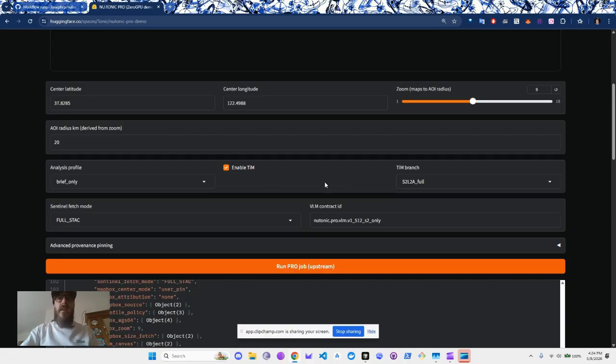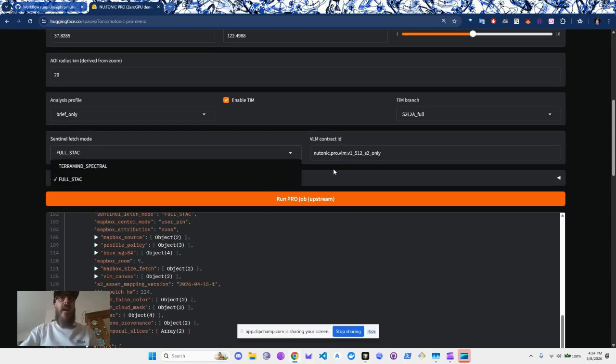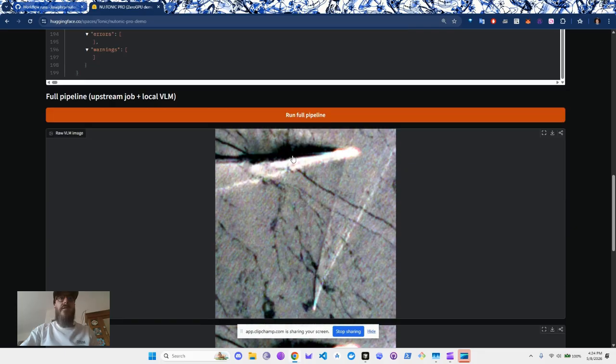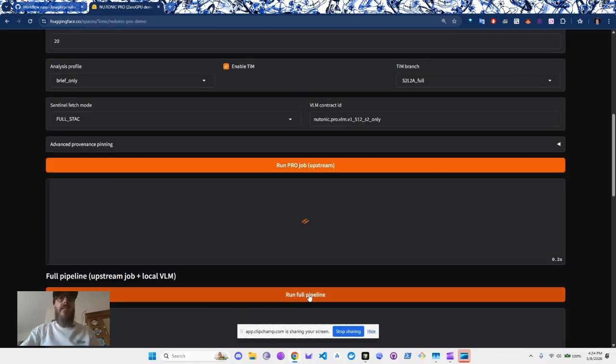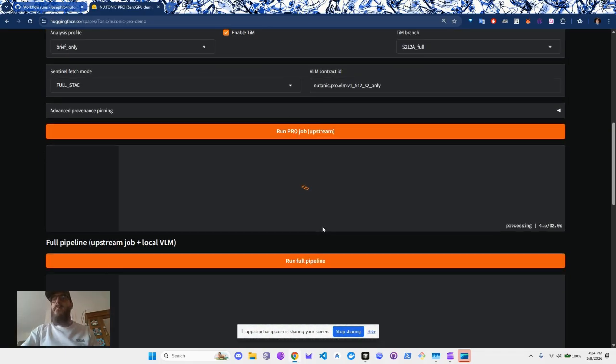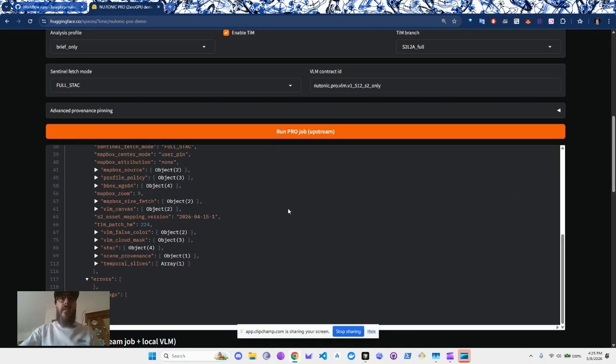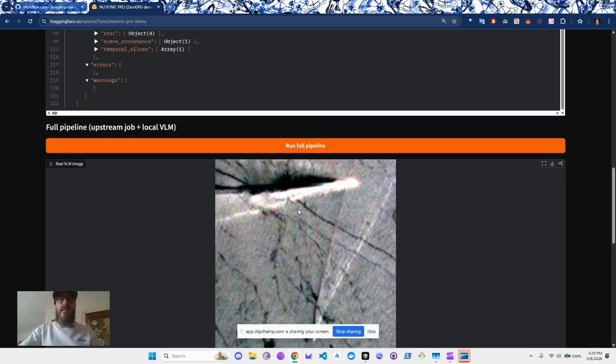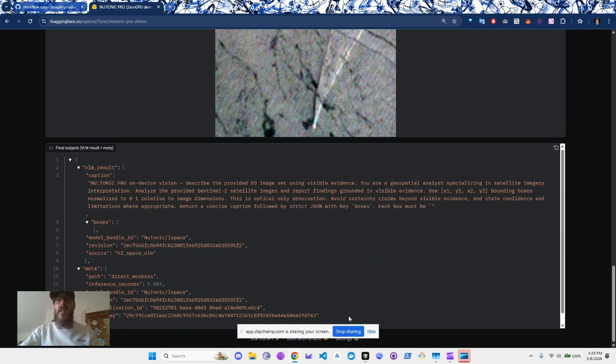We enable TIM, add the parameters. Let's go with full stack. And yeah, so I just want to show you how it looks now. Let's run the job. Oops, not this, here. So this demo I had to make real quick because the KML kind of went haywire on my computer. But so let's just check the brief. This is it here. We've got a lot to cover, so I'm gonna move on.